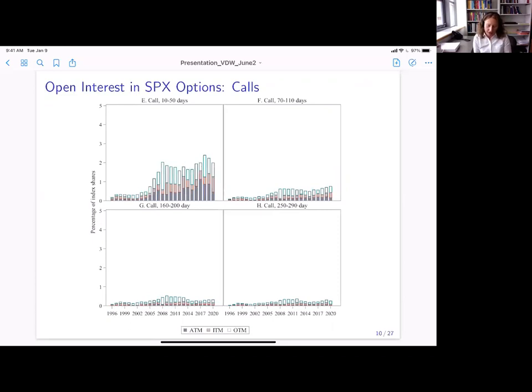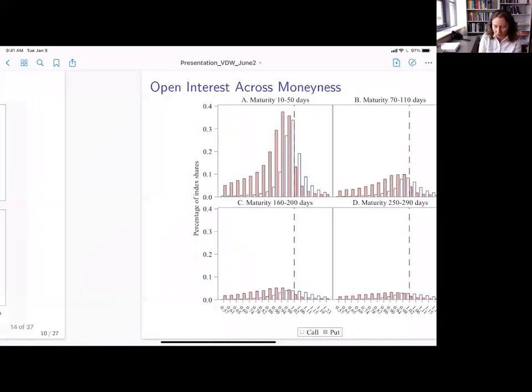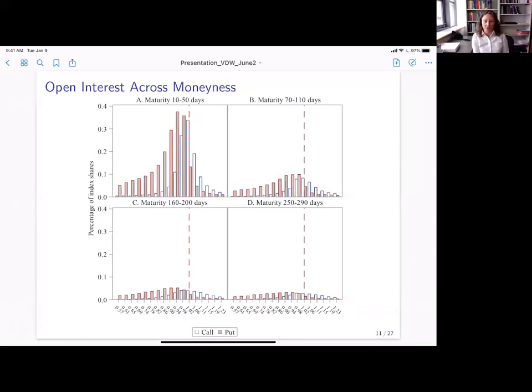The last data graph, the last motivation that will be important for what we want to show in the model, is this open interest curve, open interest across moneyness. In contrast with the time series pictures I showed you before, this is a cross-sectional view of the demand for these SPX options across a finer spectrum of moneyness. And what you see here is that for both calls and puts, the puts are the darker bars and the calls are the lighter ones, this open interest peaks when the contracts become close to at the money.